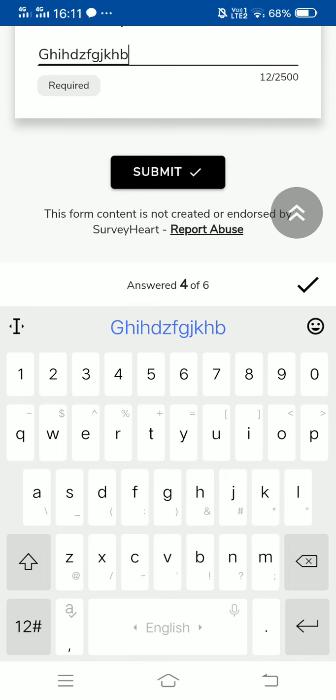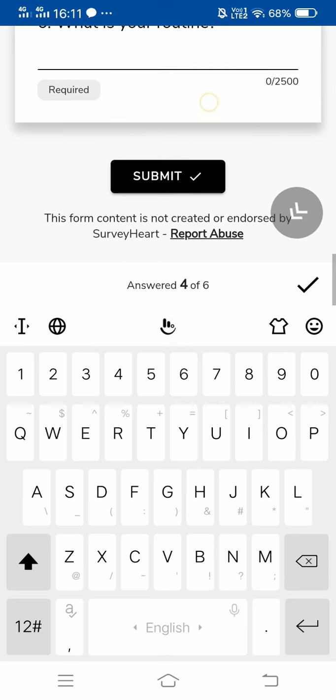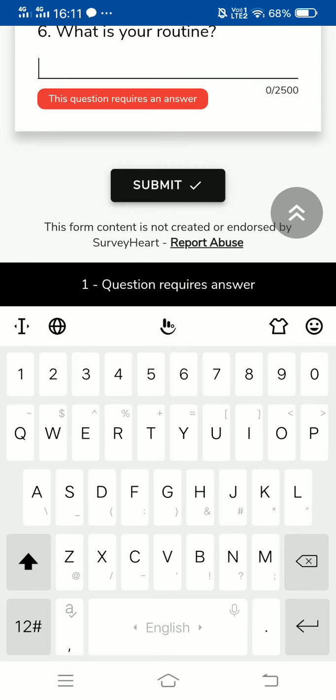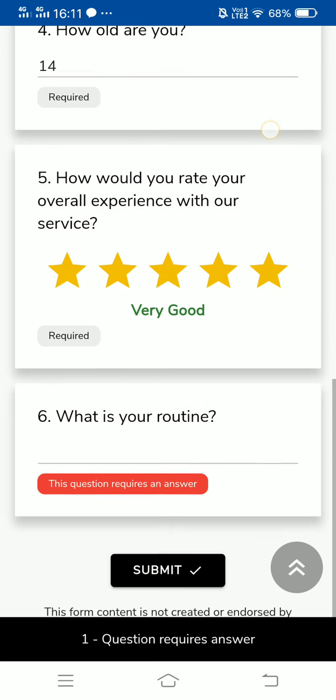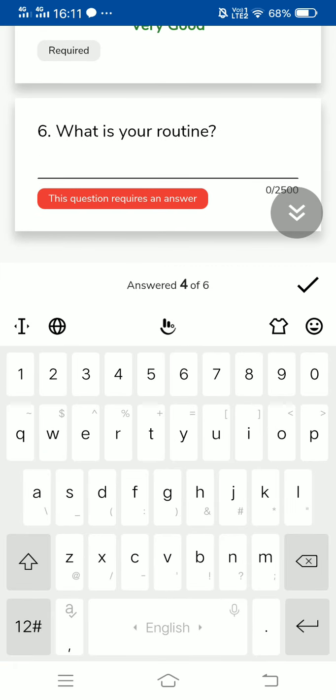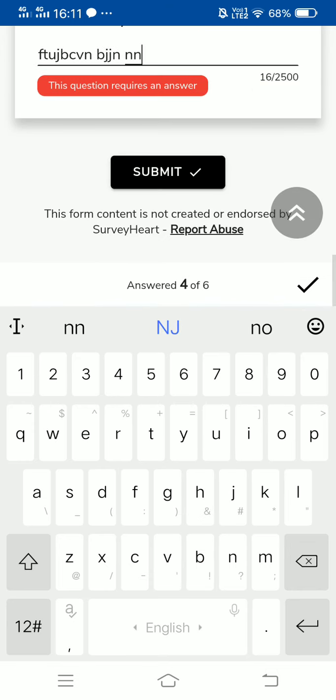Then finally once I have done it, I will be able to submit it. I will just show you what if I don't attempt one question and submit it. It will prompt me that this question requires an answer, which otherwise won't let you submit. This way your students won't miss a single answer. So they'll just answer it, that's all. Then submit.